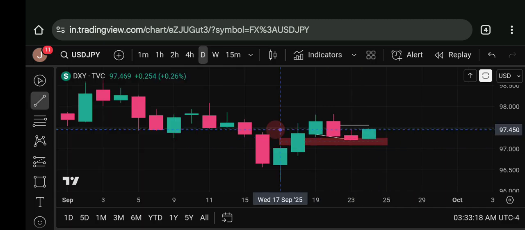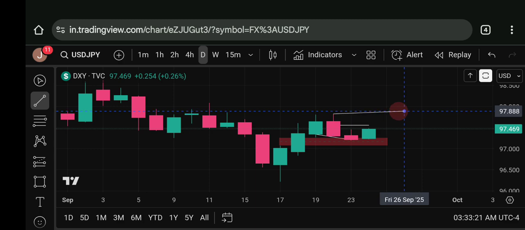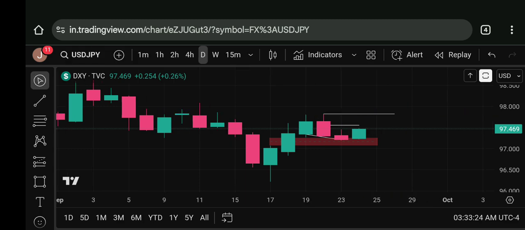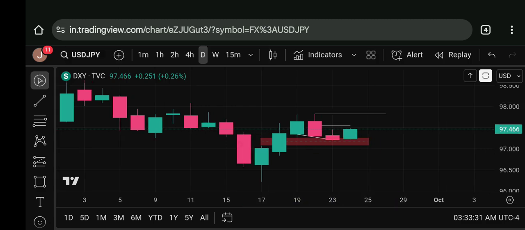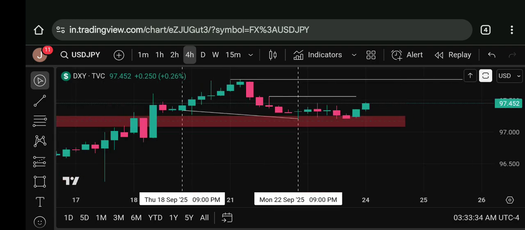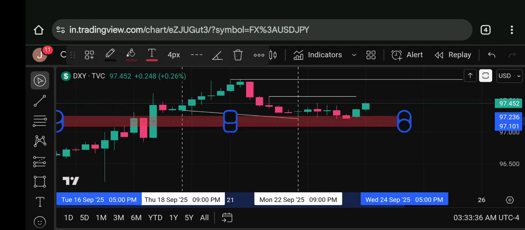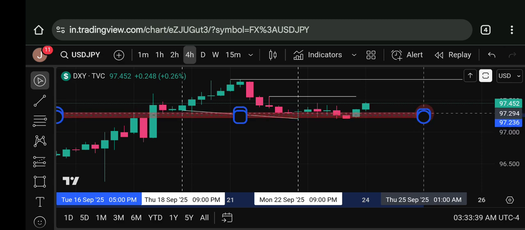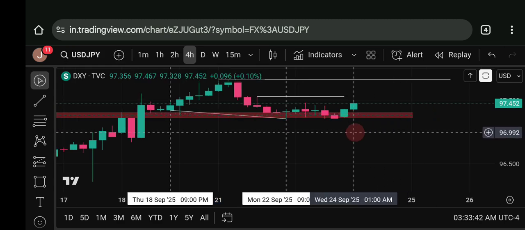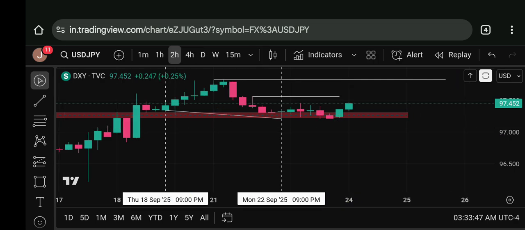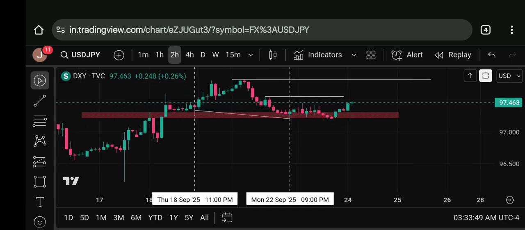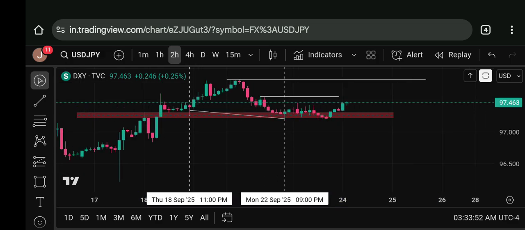So first of all guys, there is this daily internal range liquidity to this external range liquidity as our higher time frame bias on dollar index. You could see that daily internal to this external range liquidity, and then on the 4-hour chart also you could see that there is an order block plus fair value gap where price tapped into. So from this 4-hour internal range liquidity to this external range liquidity would be our target, and then 2-hour also aligns, as you can see that a 2-hour internal to this external range liquidity,